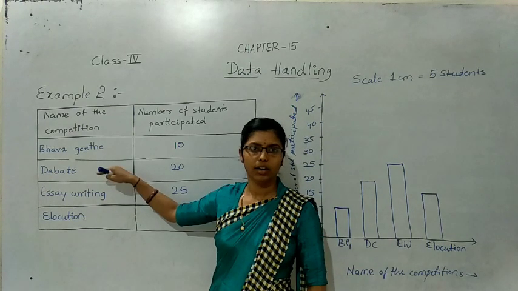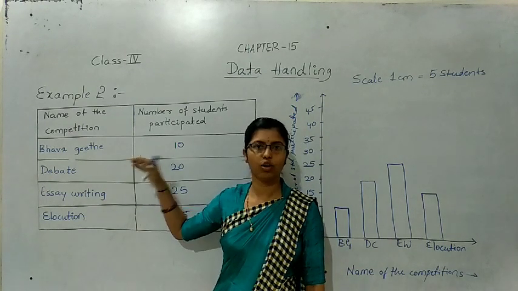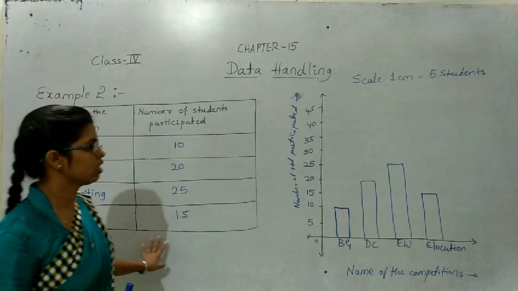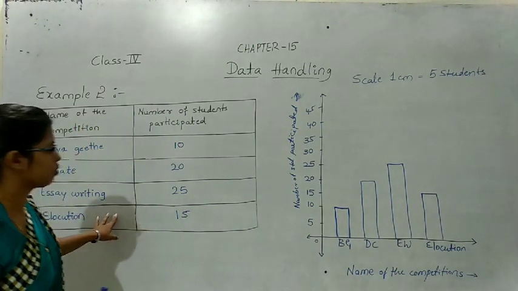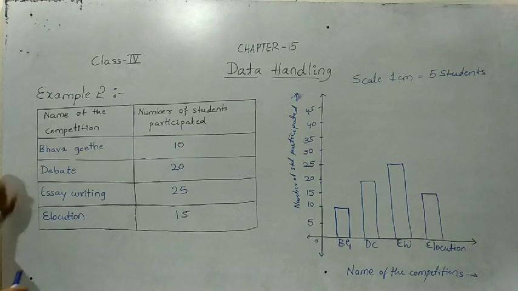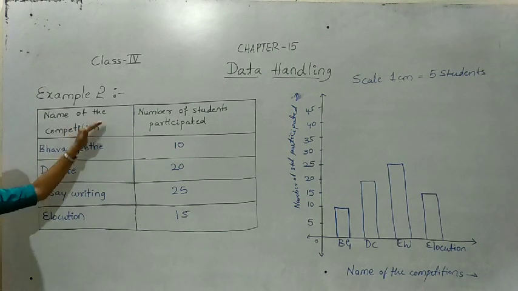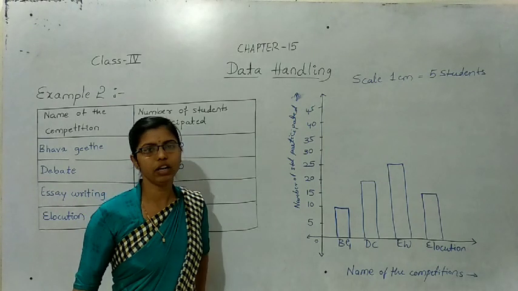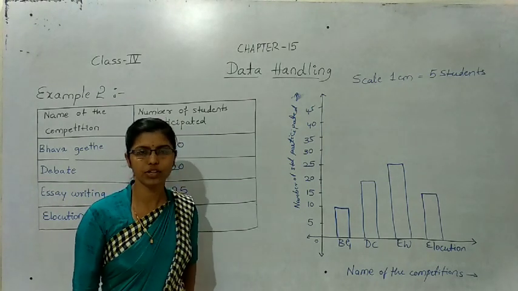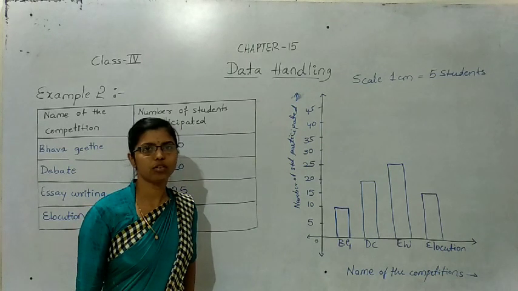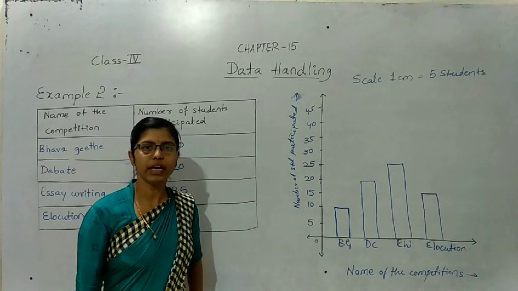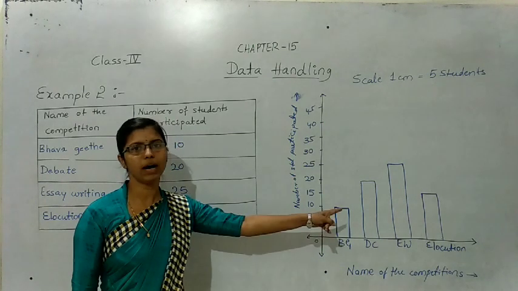Sometimes they will give a table for you and you should draw the graph by using that table. Here also they gave some questions to you. You should see in the next. First, again I am explaining about this one. Listen carefully. Here they gave one table for us. In this they gave the competitions and the number of students participated. In the school annual day functions, they arrange some competitions for the students. So in those competitions, how many members participated? That one they gave here. So by using that table, you should draw the bar graph.